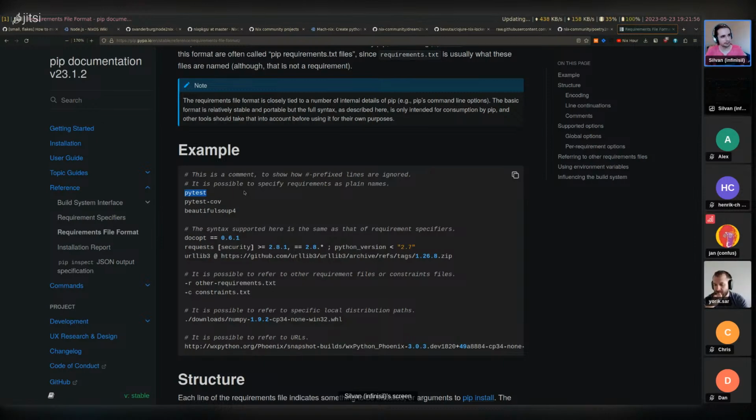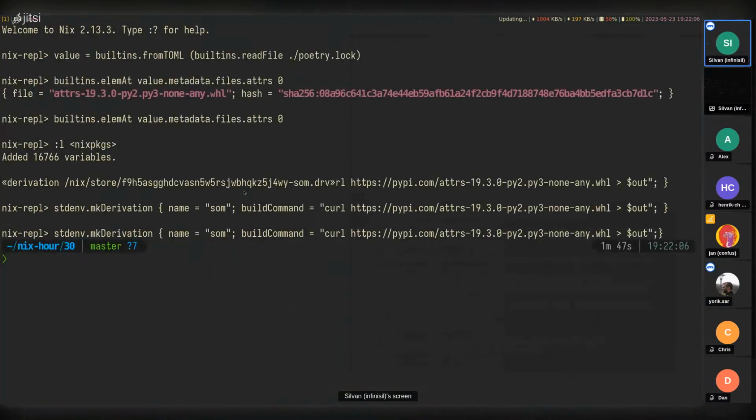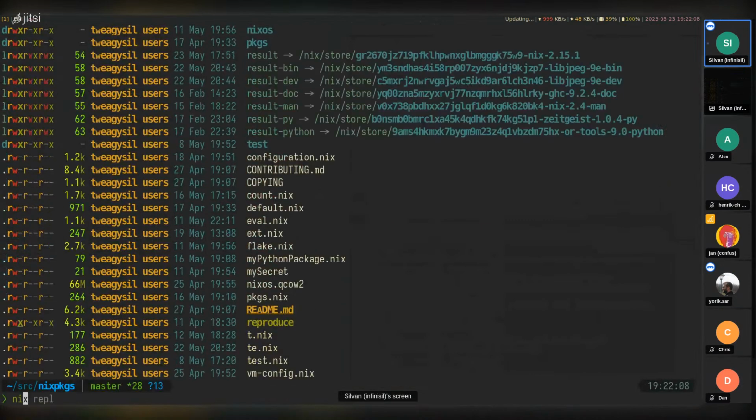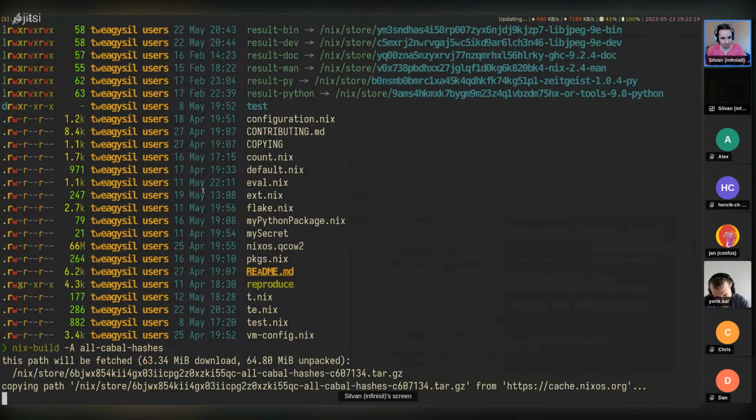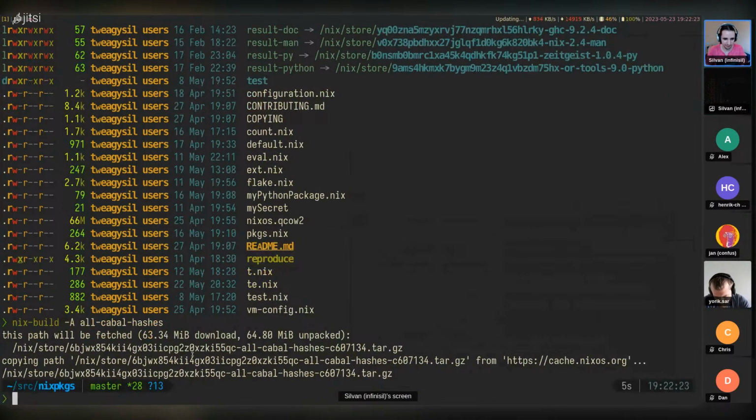I believe Hackage does this. Hackage has, this is a very interesting one. This just shows there are various approaches to doing this. There is all-cabal-hashes as a derivation in nixpkgs. So if we build this, it's actually fairly big, as you can see, like 60 megabytes.